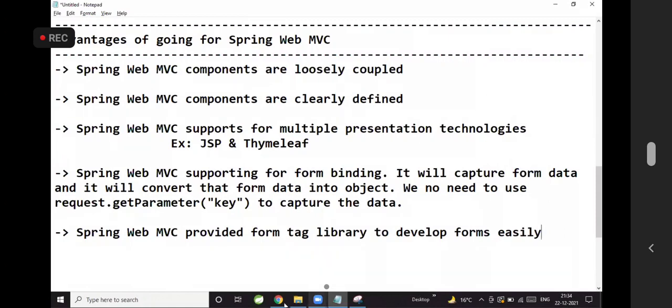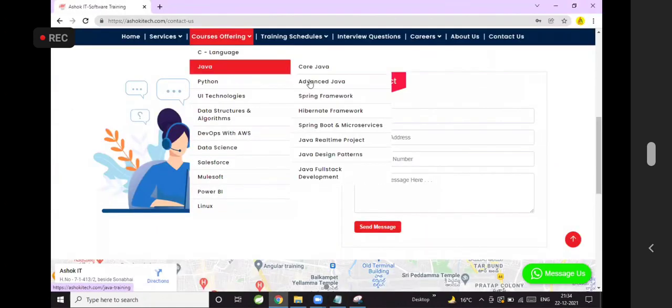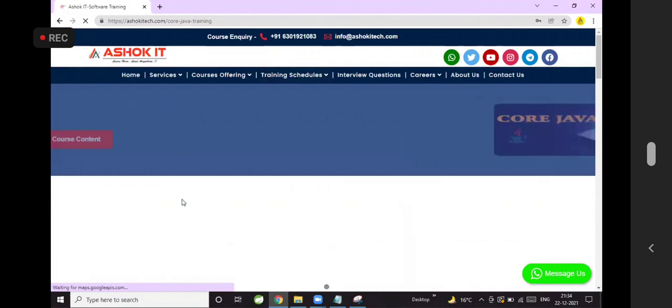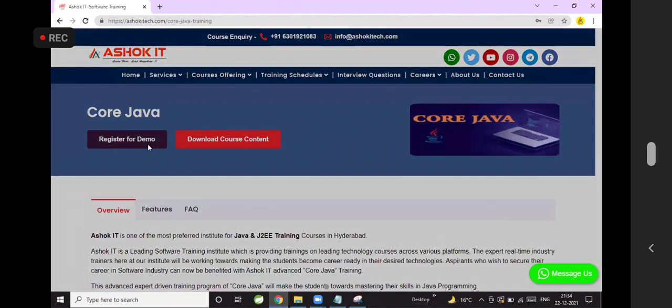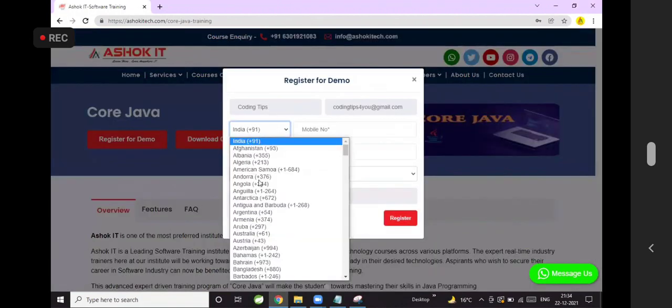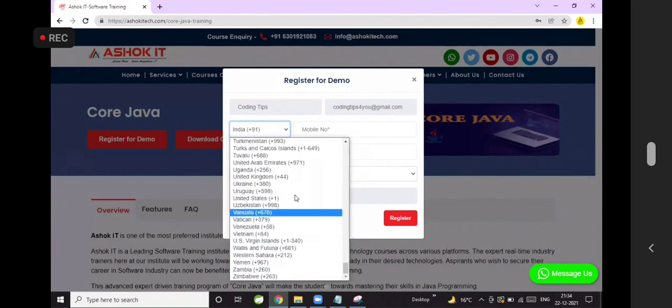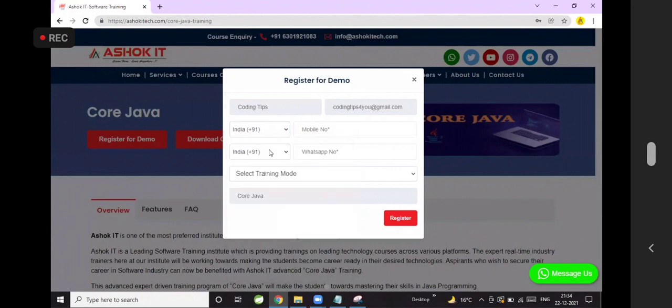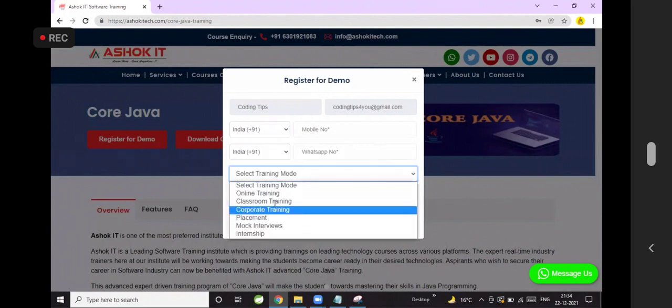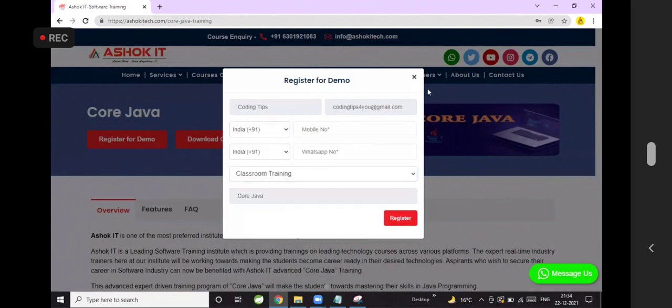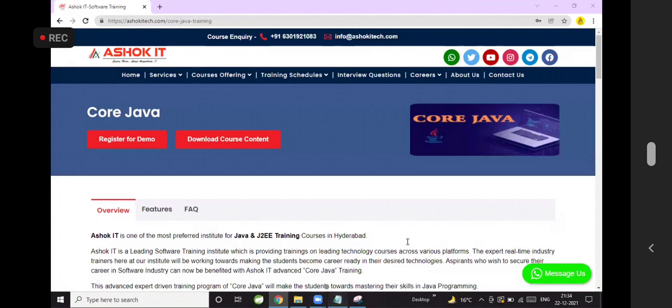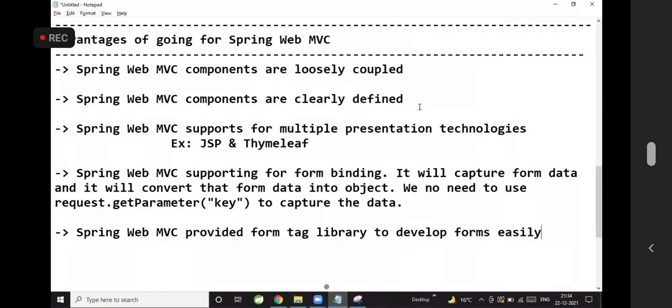I want a form. Now you see here, whenever you go for a course registration, if you register for a demo, a form is coming. In this form, there is a drop down, and the data in the drop down is coming from the database. So like this, you can develop forms with a dynamic nature, and you can develop forms very easily by using the tag library provided by Spring Web MVC.